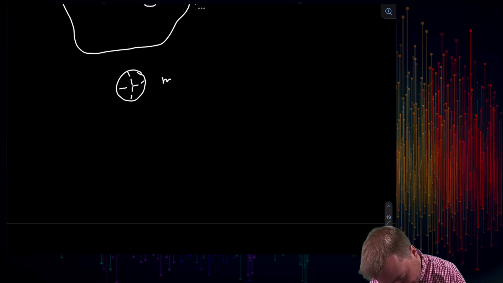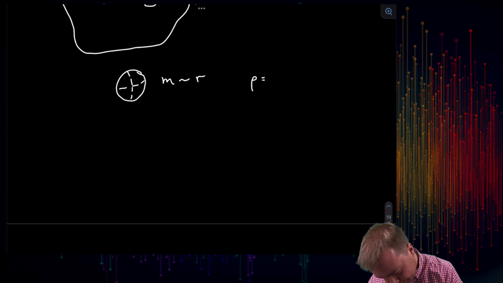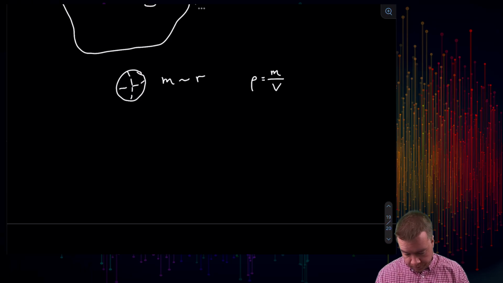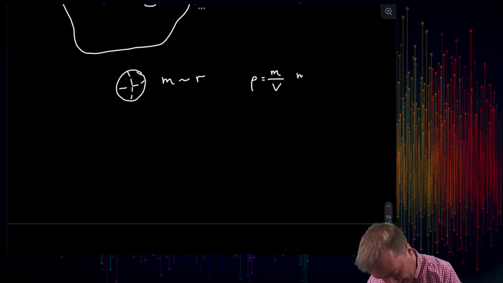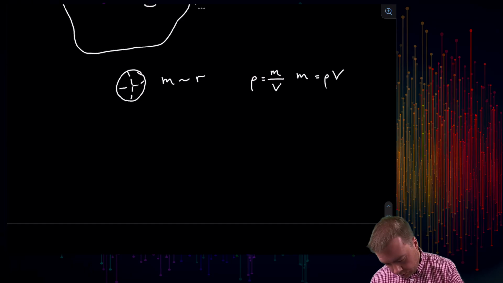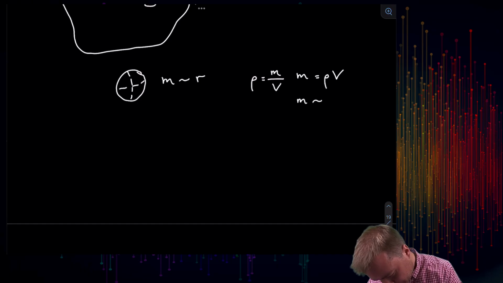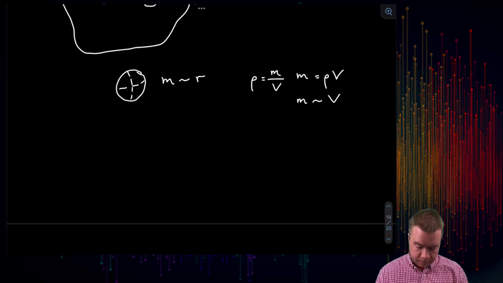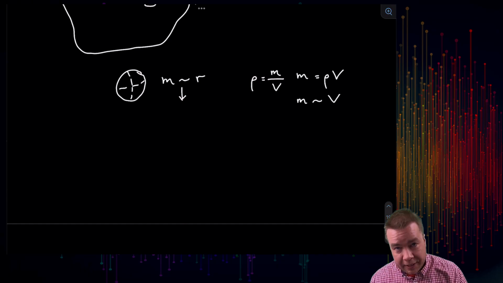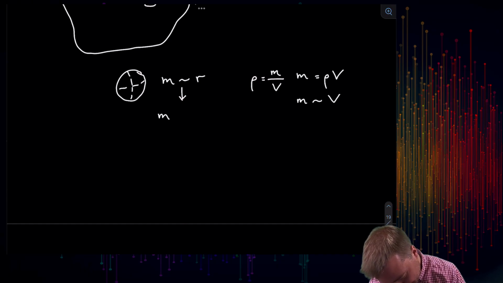So we want to see, how is mass related to size? Well, if this is a solid object that has a uniform density, then we know that the mass density is going to be the mass divided by the volume. And so that means that the mass is equal to the density times the volume, or the mass scales with the volume. Okay? So kind of starting this calculation out, it means that for a 3D object, the mass scales